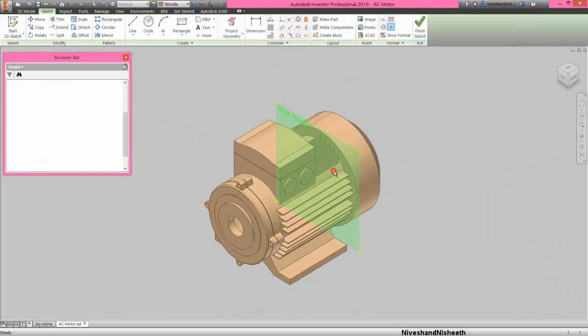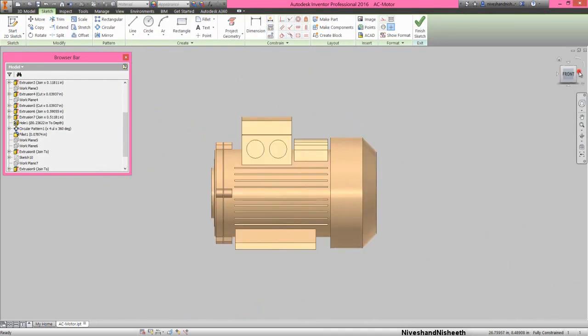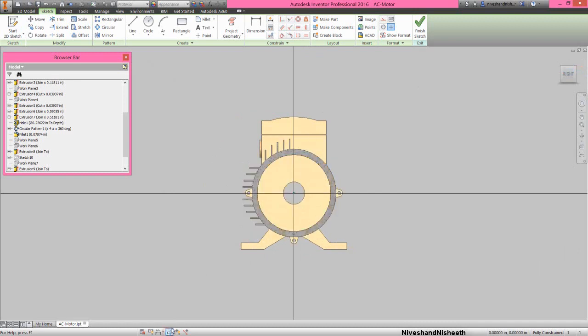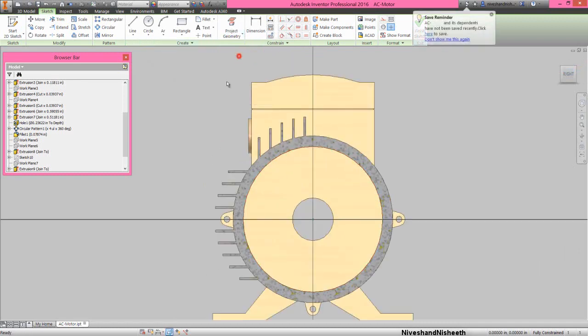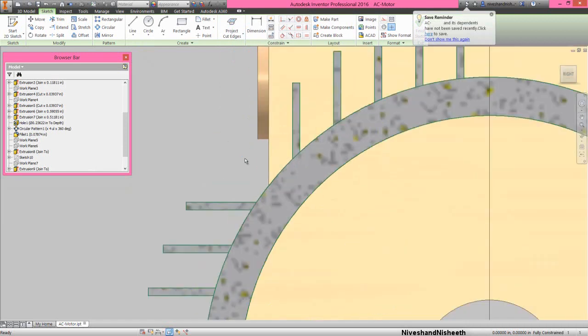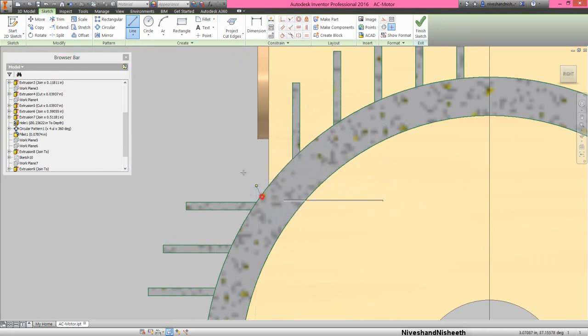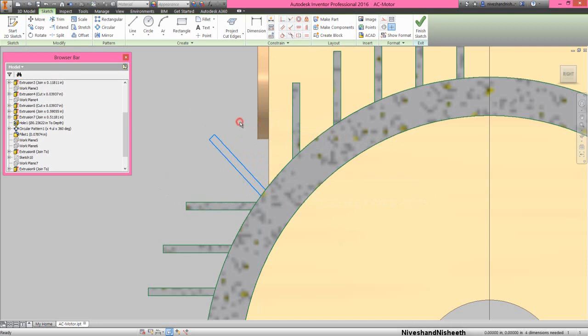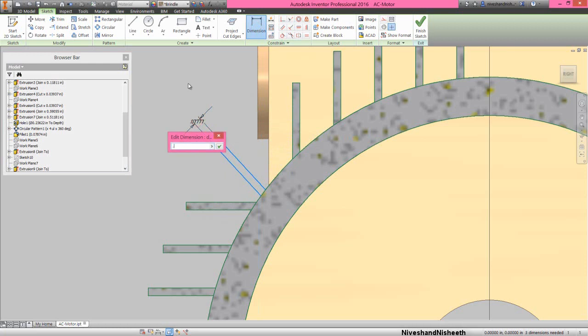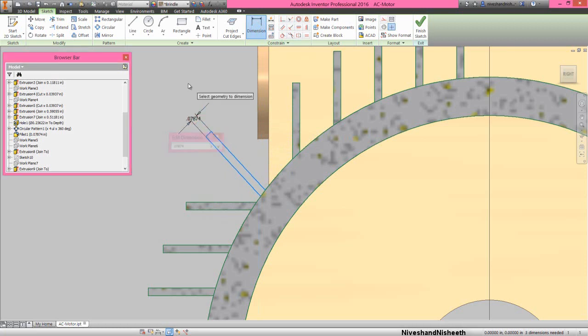Now we will create another sketch over the plane 5 and take the project of the model. Draw the rectangle like this by using the line tool. This dimension will keep 0.07874 inches.